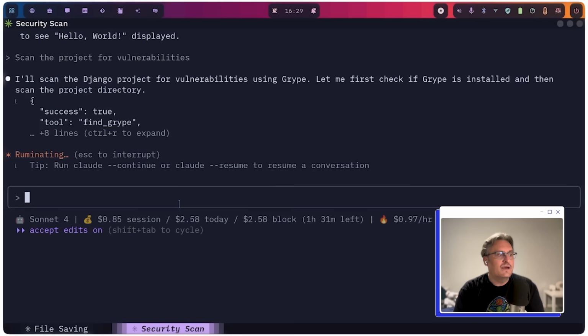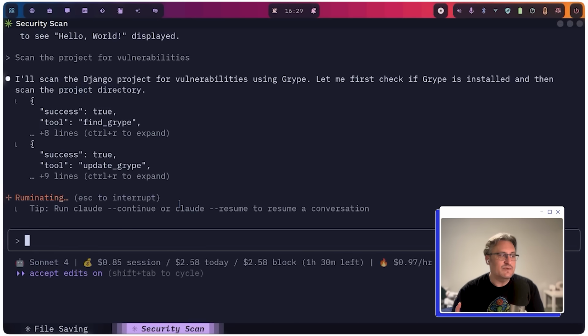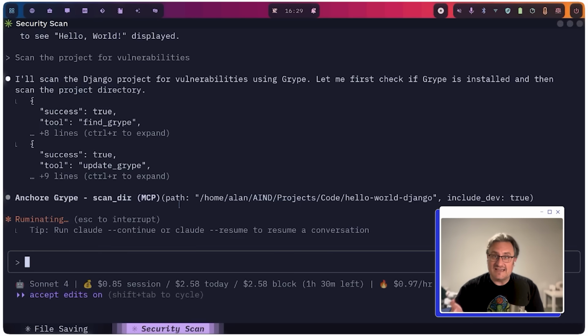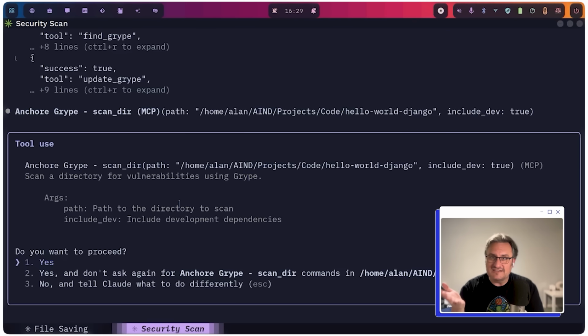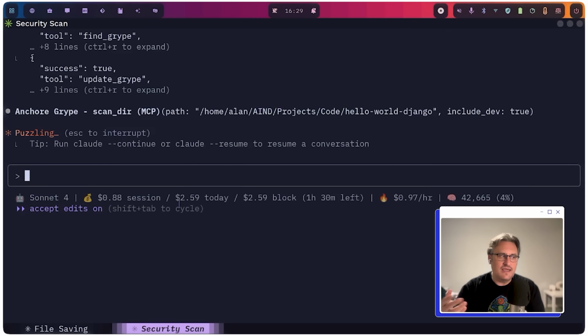Once it's found the binary and it's able to run it, it then has to download a vulnerability database. Every time you run Gripe for the first time, it pulls down a vulnerability database, which is like 100 meg or something like that. So I suspect it's probably doing that right now. Once it's downloaded the vulnerability database, it will then scan the directory. So now it wants to scan this directory, and I'll say, yep, scan the directory. And what it should do is potentially find some vulnerabilities in whatever dependencies have been added to this Python